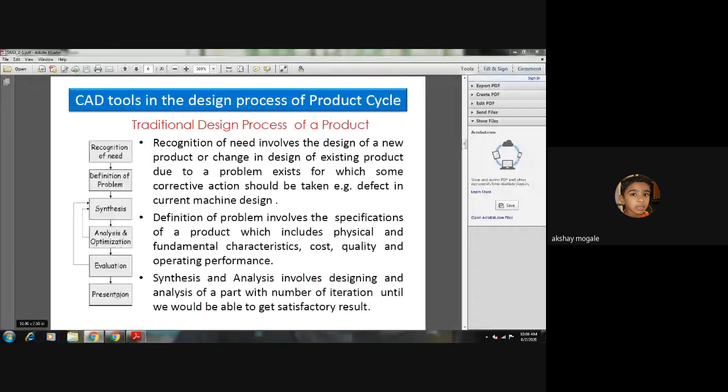Initially it was in terms of paper and pencil. That drawing would be drawn and finalized, and presented to the machine shop for the manufacturing processes. So that was the total traditional design process of a product that was being used initially.